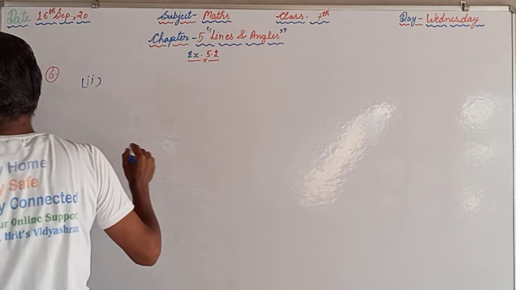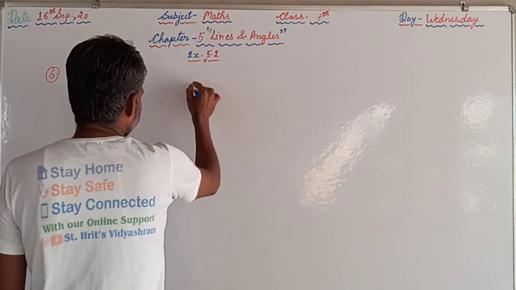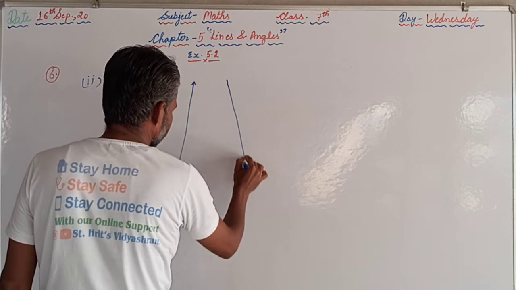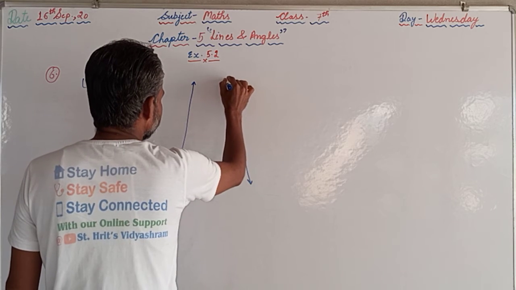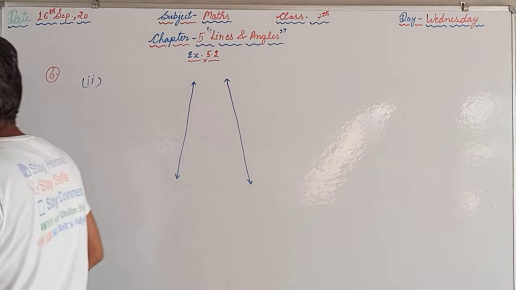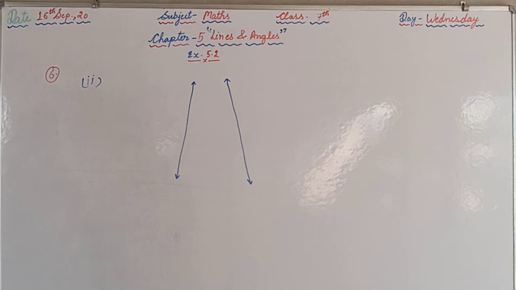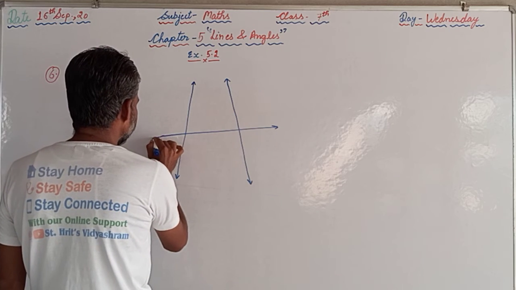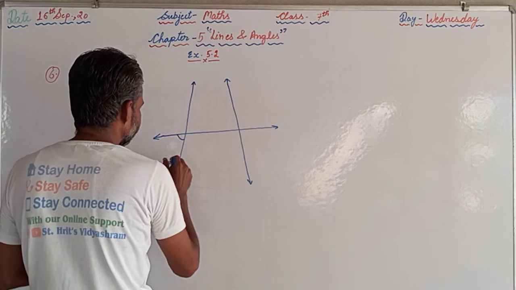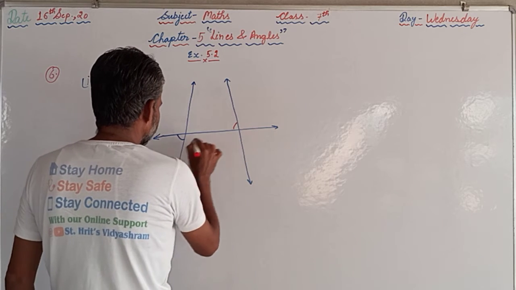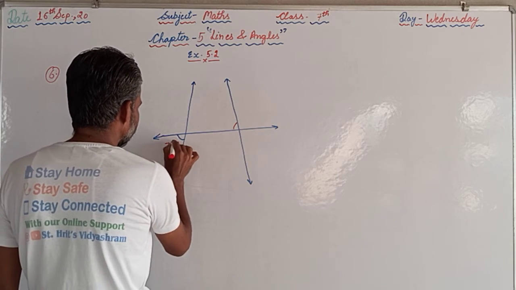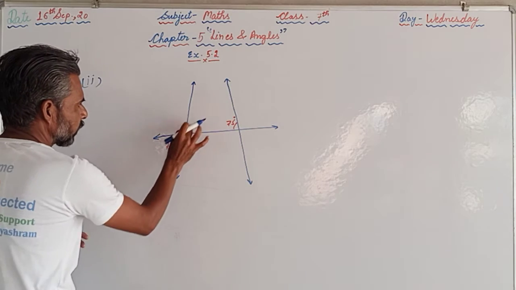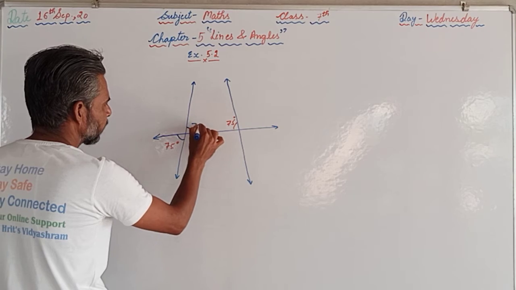in which the figure has been given like this. So, we can say directly, or we are seeing here, that these lines are not parallel, but we have to supply the reason for that. This is given 75 degree and this is given 75 degree. So, that angle will be 75.